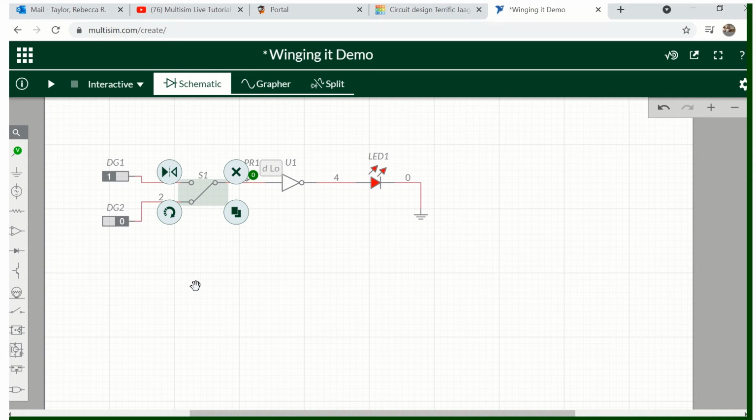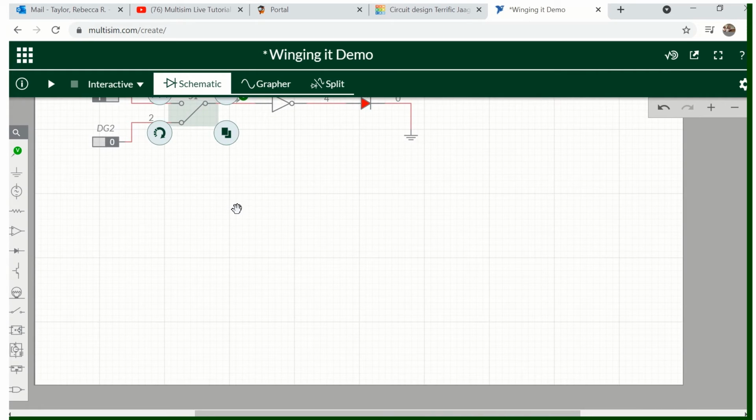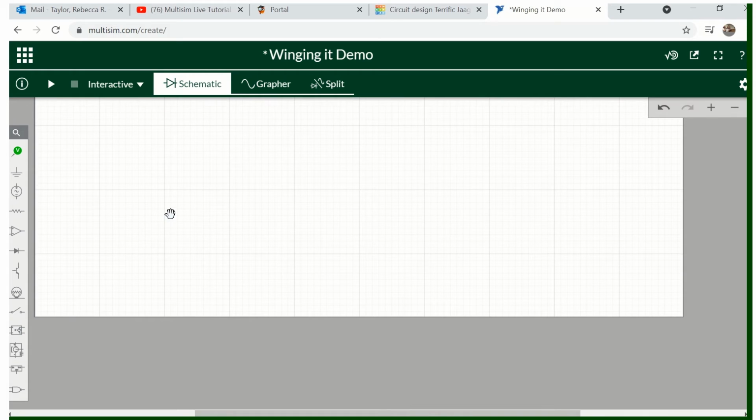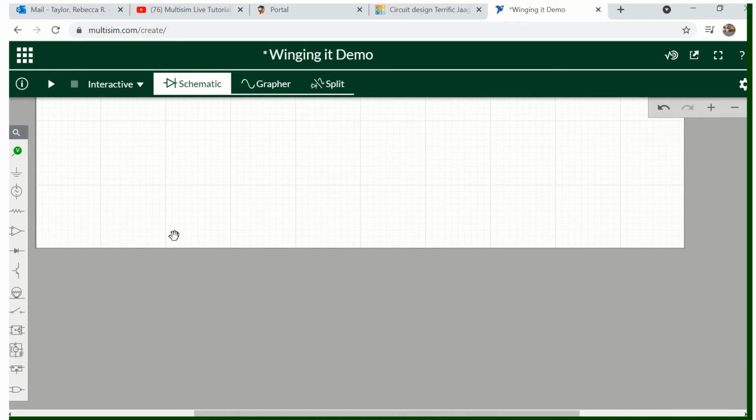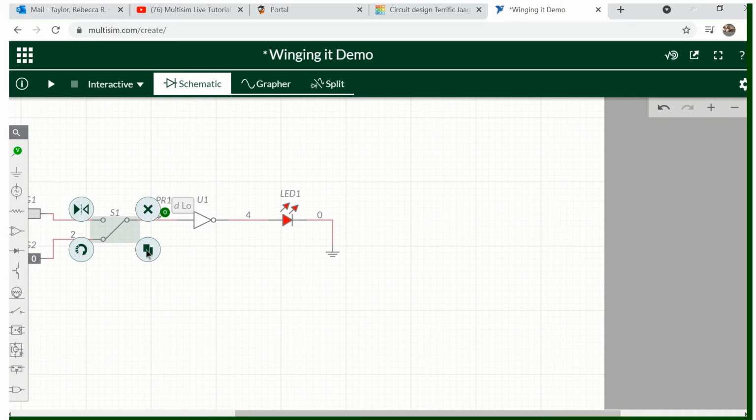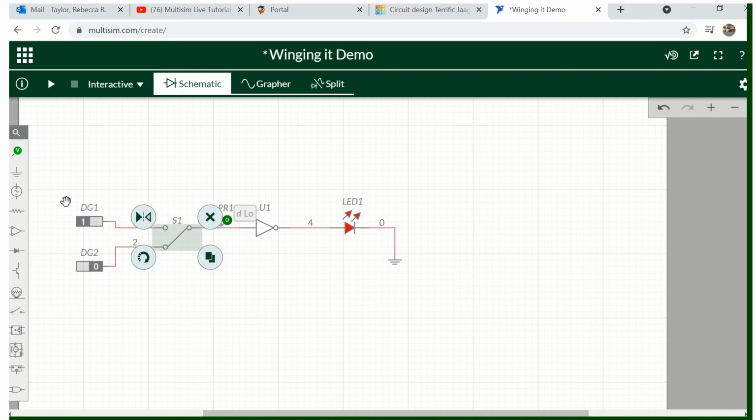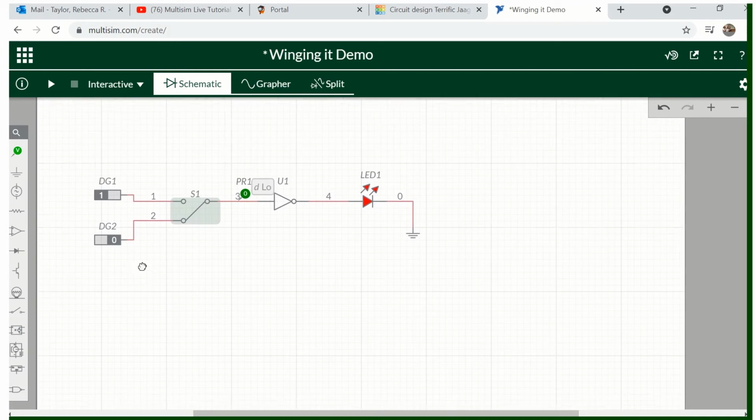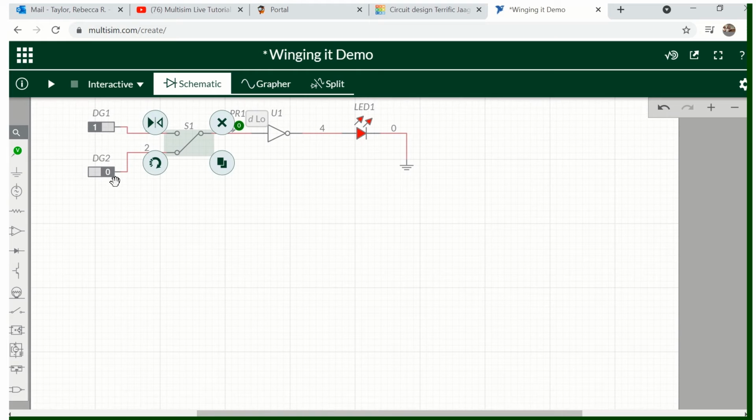You can go check out the video on Multisim. I don't know that I did that one. I think I did one further down. I don't remember which one I did. But for this one, we're going to use the fact that our digital constants can act as switches instead of going through these switches, because we can just toggle our